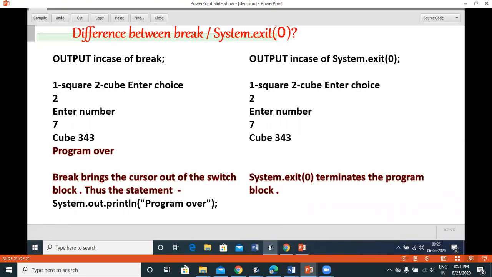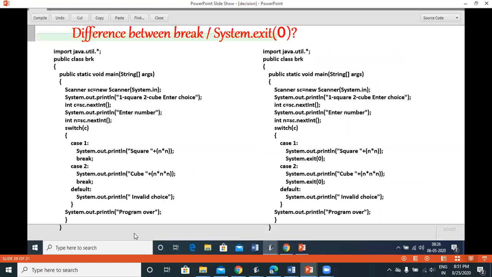Now in the case of break, if I enter my number to be 7 and I enter my choice to be 2, it will show cube 343, that is the cube of 7, and then program over will be shown, because after the switch block I have specified program over.